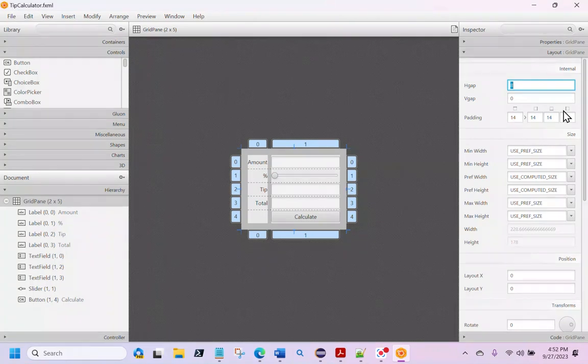And we don't need to change the vertical gap. So we can just keep that the same. And then it recommends changing